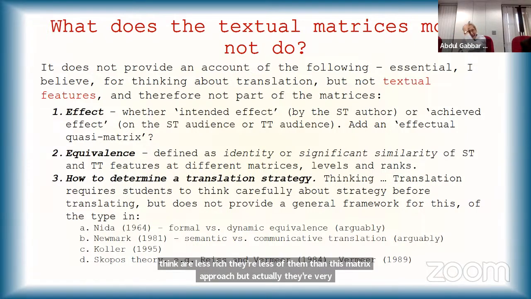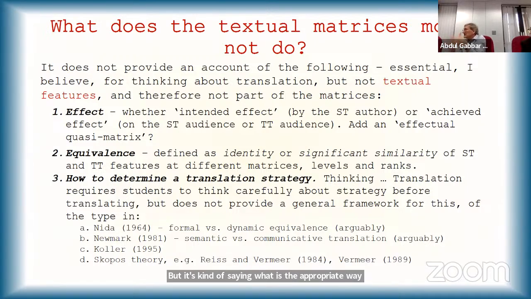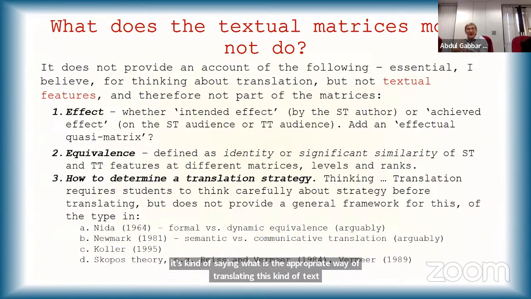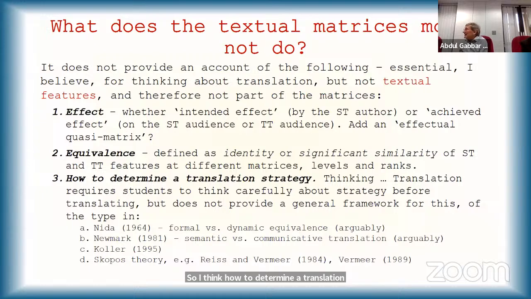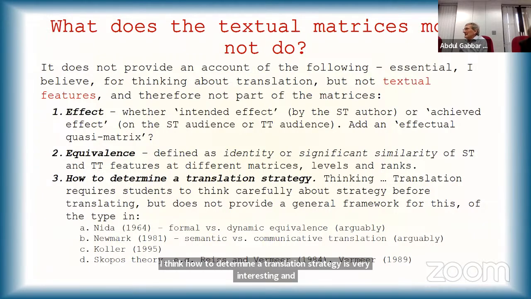And I think actually, it's essentially what Skopos theory is doing. That it's kind of saying, what is the appropriate way of translating this kind of text in this particular context? So I think how to determine a translation strategy is very interesting. And I think probably, as with genres, you have two extreme possibilities. One is,